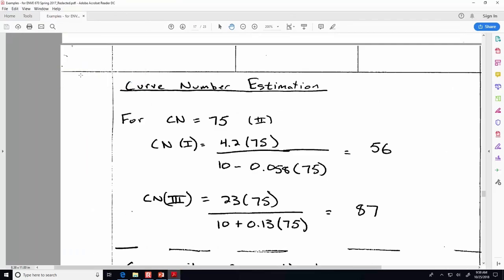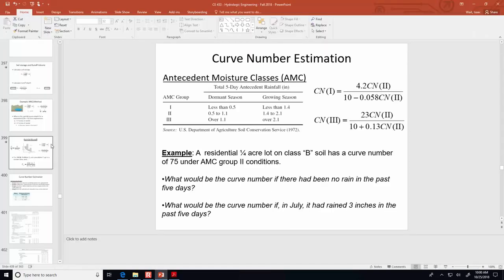Okay, so what we see is that if the curve number is a 75 under this middle range of moisture conditions, then under the type 1 conditions, which means a little drier than average, it could be as low as 56. Under the wet conditions, it could be as high as 87. So from 56 to 87. Now let's look at what that means. If we go back to the curve number table,